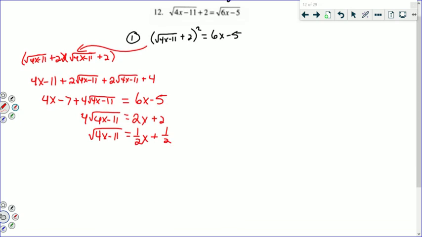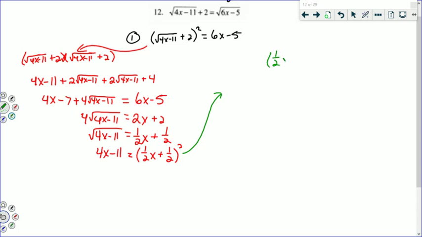All right, so from here, now we have this square root term by itself, so what we can do is square both sides of our equation. So then we say, all right, 4x minus 11 equals 1 half x plus 1 half squared. And again, we want to make sure to remember what this thing means. All right, this is going to be